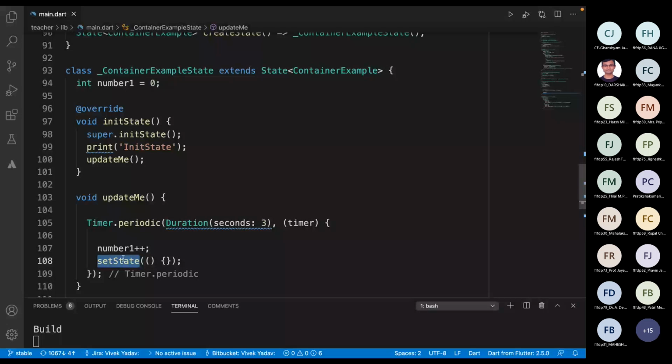But now, because we have a stateful class, we have this setState function. Is it clear to everyone that a stateful class will have the setState function, a stateless class will not, and this setState function is responsible for updating our UI? Is it clear to everyone?